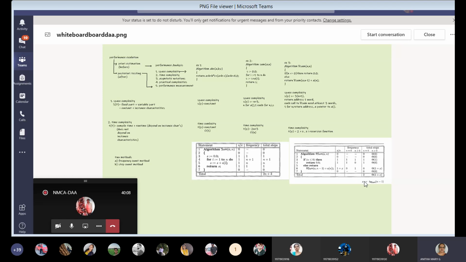And x is nothing but T r sum of n minus 1. I want to explain this in detail, how we do that recursively.